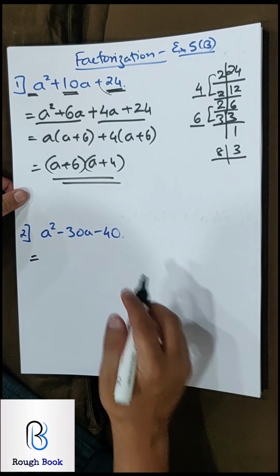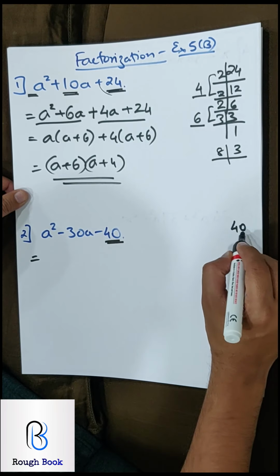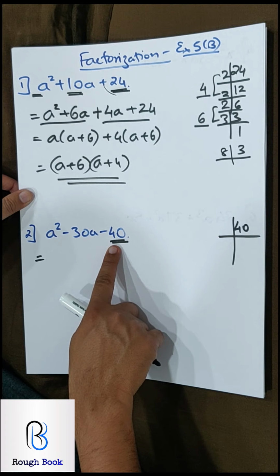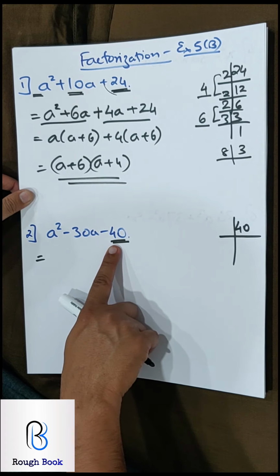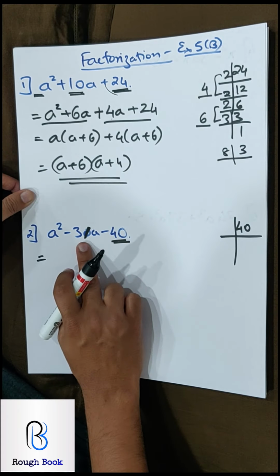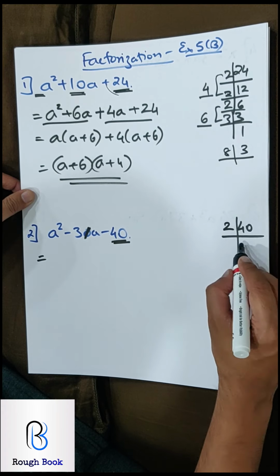Pause the video, take the factors of 40, group it to get 3a. Come on, go ahead. So 40. You can even do mental maths. Now 40 is 8 5s or something like that. So you need to think, how are you going to do this? There is an error here. This is 3a and not 30. Okay. So 8 and 5, yeah. But still, let's do the basics.